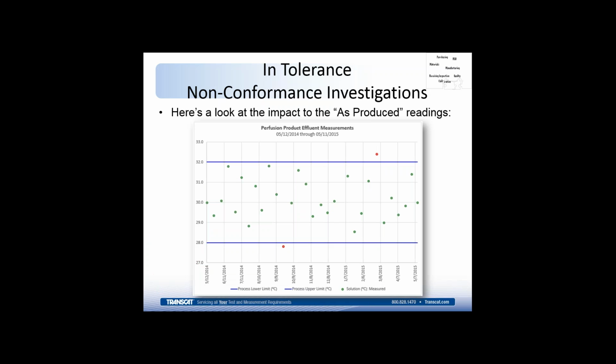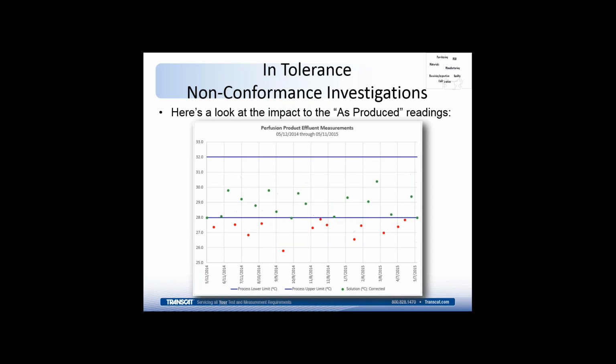All right, so now if we take a look again at those initial readings that we captured on the product over the year, and we make that correction on the instrument based on its end of period calibration, those values actually shifted down 2 degrees Celsius. And now we have a situation where we have all these in red that are at risk. The one that was above 32 degrees C was then falsely rejected or falsely adjusted. There was labor spent, so there's the cost, right? Falsely adjusted, and